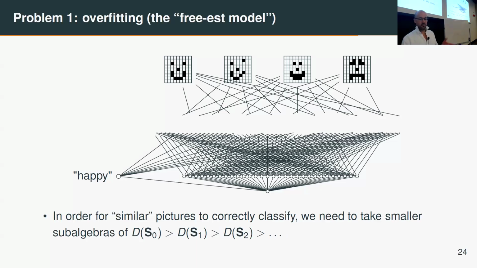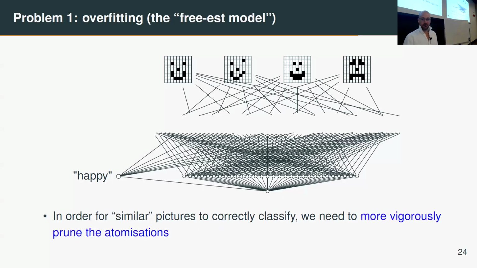So instead of just doing our full crossing operator, which was the thing that matched exactly adding that constraint, we'll do a much more vigorous pruning. So we need to prune these atomizations. I'm using the word atomizations. All of what I presented you is my version of how this works. Their version is by way of this thing called an atomized semilattice, which is a semilattice along with enough generators of the duals. They have introduced an idea called atoms, which are exactly just prime filters as recorded by the generators of the original semilattice, which is how I presented it too. I just didn't call them atoms. Anyway, you need to prune these generating sets of the dual more vigorously.